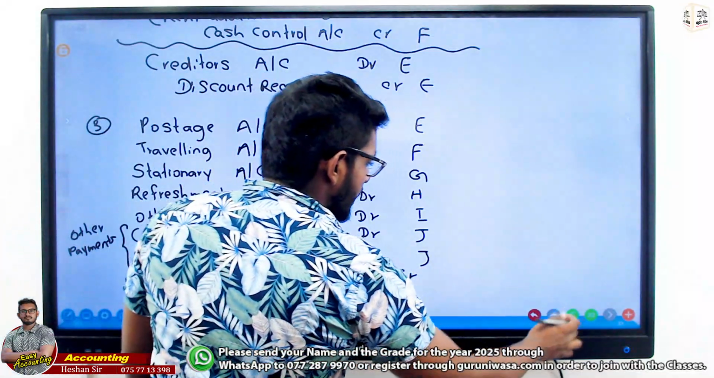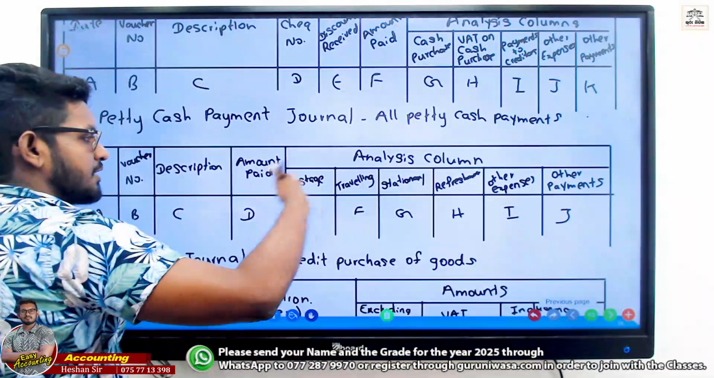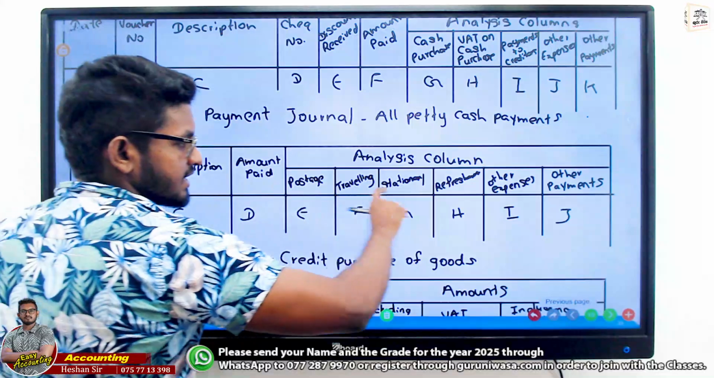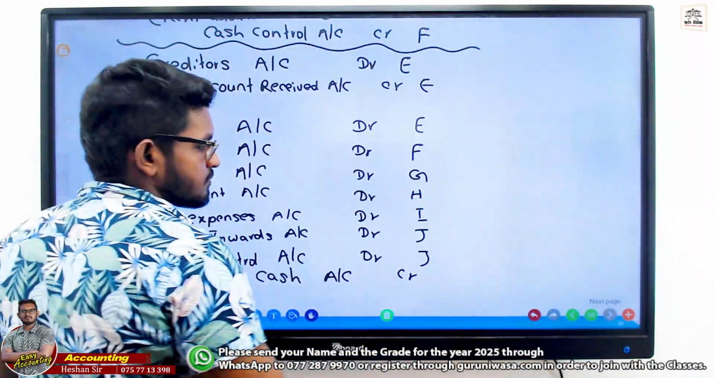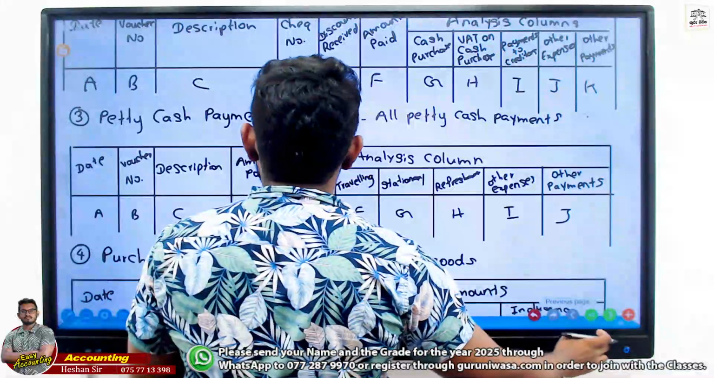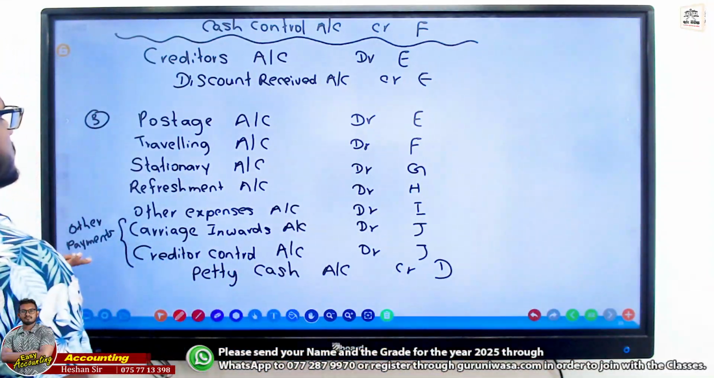Now you know the values. First we write the amount paid, then the analysis columns. So the amount paid, which means in here D goes to